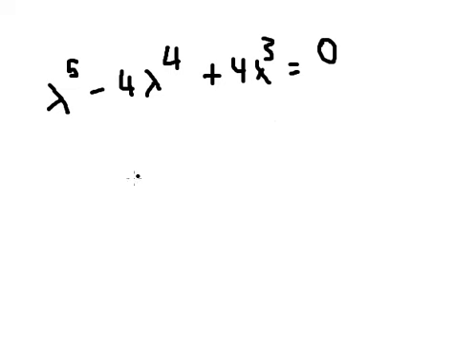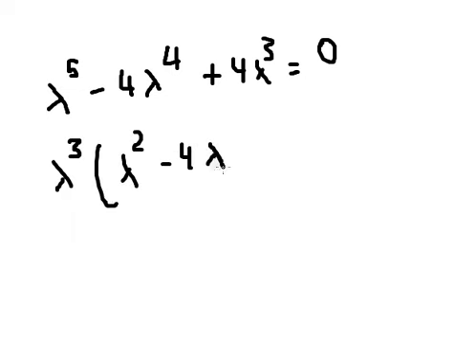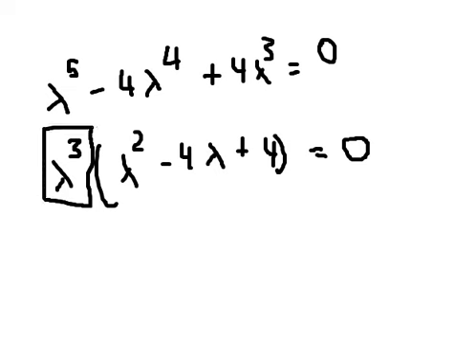Now we have lambda. We need to do factorization by lambda to the power of 3. So because we have lambda to the power of 3, that means we have 3 solutions, lambda equal to number